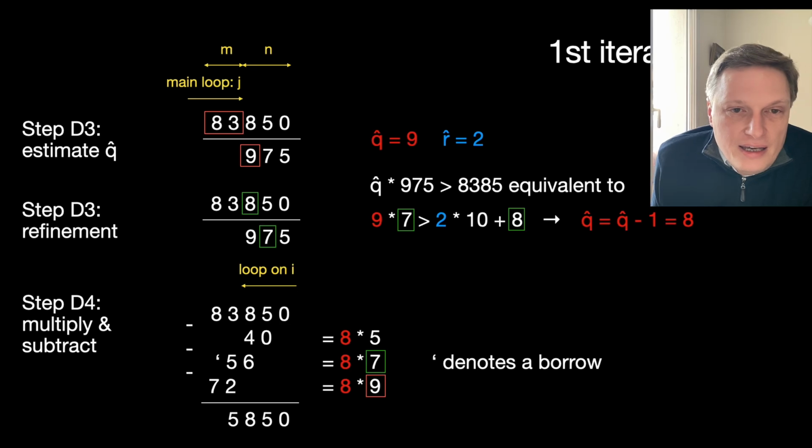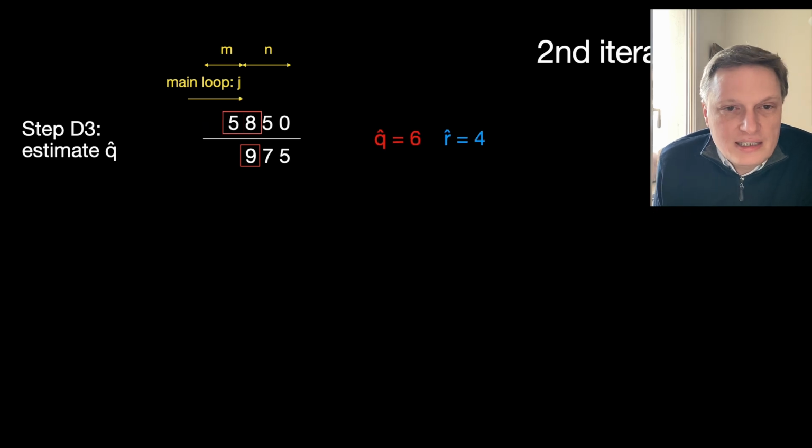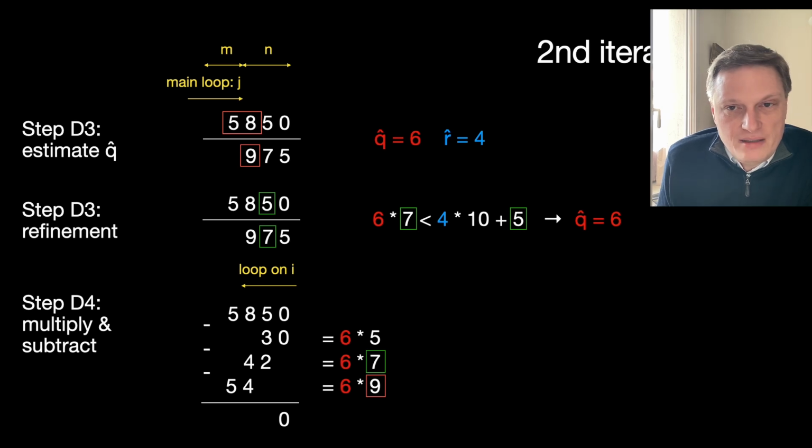Next, the inner loop multiplies q hat by the divisor and subtracts the product from un. The loop performs limb-by-limb multiplication and subtracts directly from un while tracking borrows. So now un contains 5850, and the next outer loop iteration can start. This time q hat is correct immediately, there is no adjustment, and we proceed to step D4. The remainder is 0,